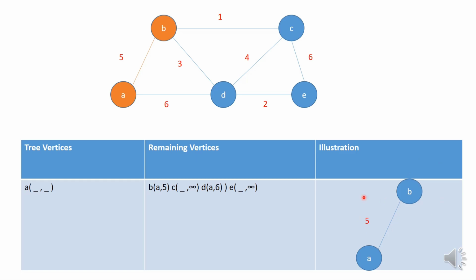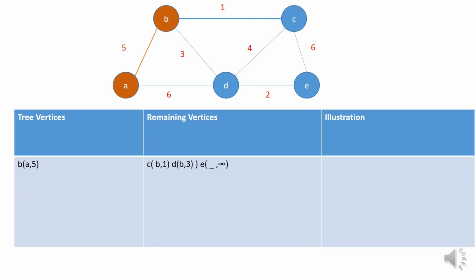Illustration, I'm going to consider this edge for the minimum spanning tree. Now among this, which was minimum? That is B, right? So now you have to add vertex B into the tree vertices. So other than A, even B will come to the tree vertices. So that we'll see in the next slide. B and the same distance whatever we have got from the previous column, that you're going to add it.